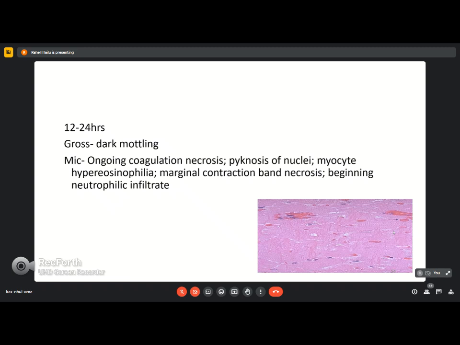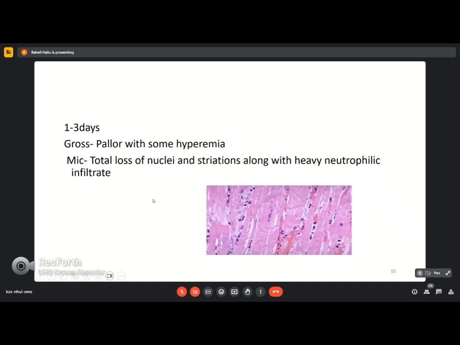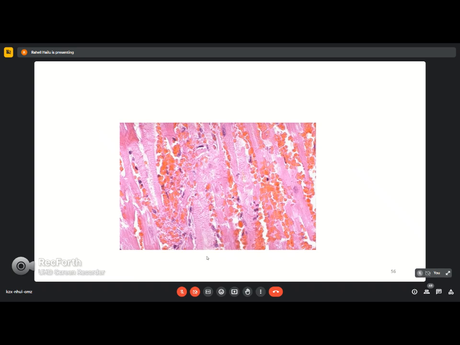And one of the very important characteristics of necrosis is that it is followed by an inflammatory response. So you would start to see neutrophilic infiltrates at this stage. So grossly, that hyperemic or mottling stage becomes much more pale with some hyperemia, particularly in the peripheral zones of the ischemia. So here is a heavy neutrophilic infiltrate, as is usual with neutrophils. That is accompanied by a heavy neutrophilic infiltrate. Here again, a completely dead tissue, massive neutrophils,